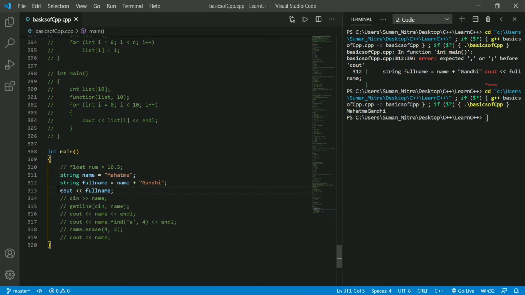Similarly, I only want to say that you can concatenate. It's like an expression. You can do plus with strings. You can do only plus. Don't do minus, it will give some error. So only this much. Today we'll talk about arrays.